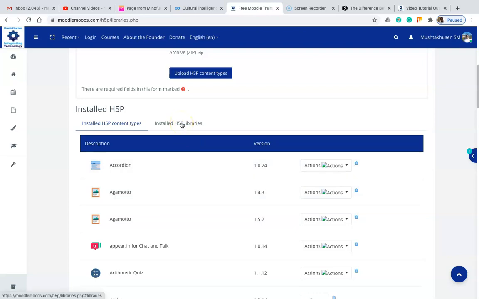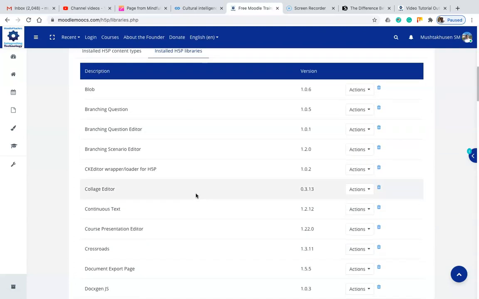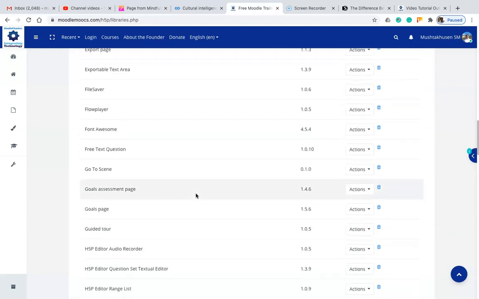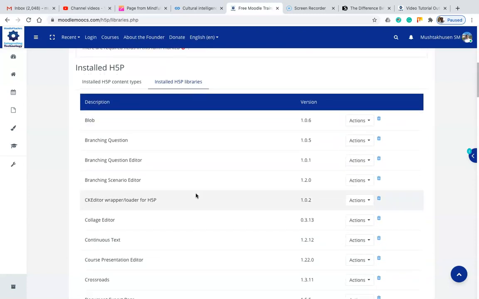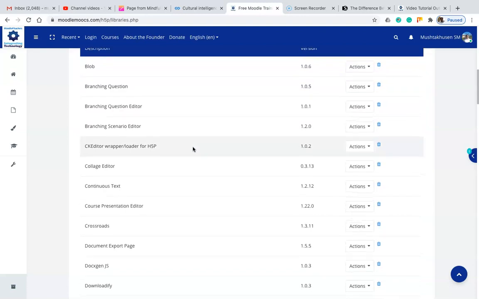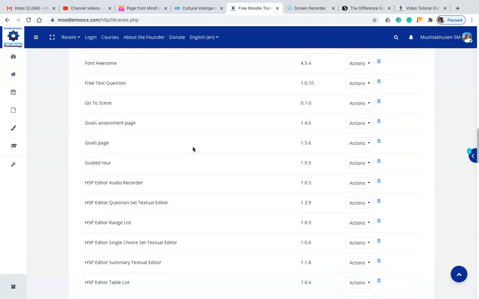Now, in order to install H5P libraries, you can see what kind of libraries we have. We have a document export, blob, branching question editor, branching scenario editor, then collage editor, continuous text. It's huge.